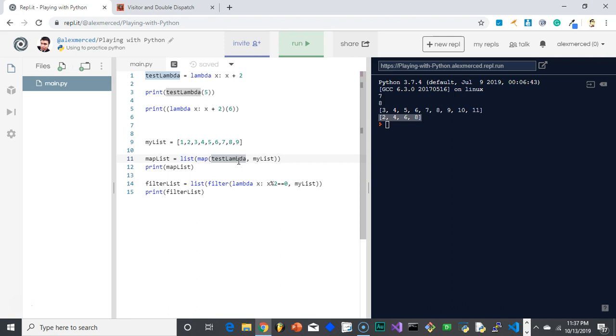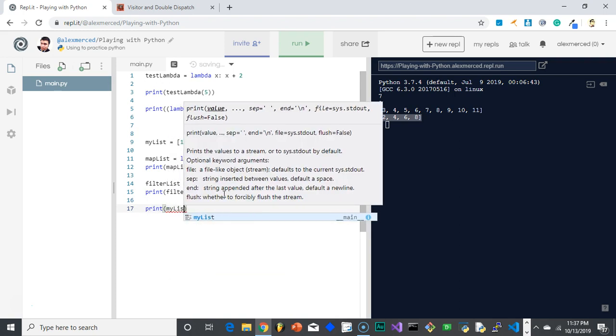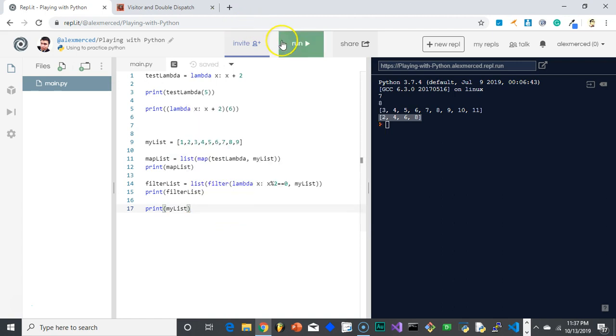And the thing is that the original my_list hasn't changed at all. That's what we mean by a pure function. I'm passing through my list, but it is not changing my list. If I were to print my_list, you'll see it has not changed. And there it is. I can pass through the same data, it's going to give me the same results every time, and it did not edit the original data. That's the definition of a pure function, which is essentially what functional programming is all about, doing everything through pure functions. It's one of 4 programming paradigms, and you can learn all the other ones by watching my videos